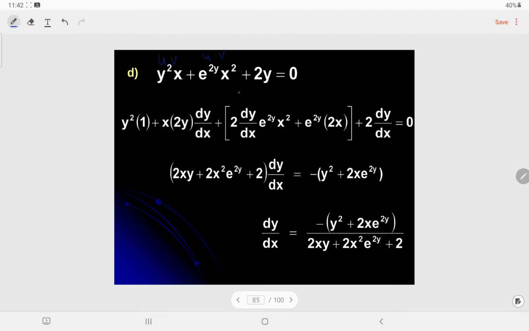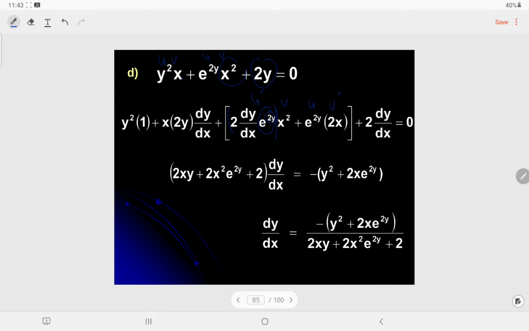Okay, uv for exponential 2y, uv prime. This is uv prime, plus v is x square, and u prime: differentiate exponential 2y with respect to x, so exponential 2y, and then differentiate 2y, we will get 2 dy over dx, plus differentiate 2y, so we get 2 dy over